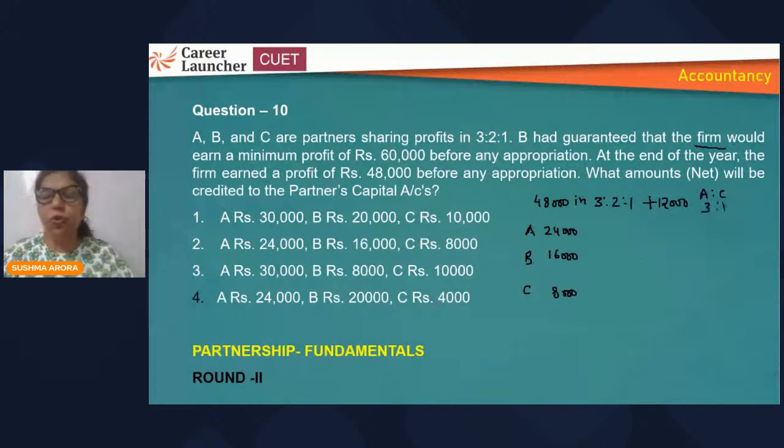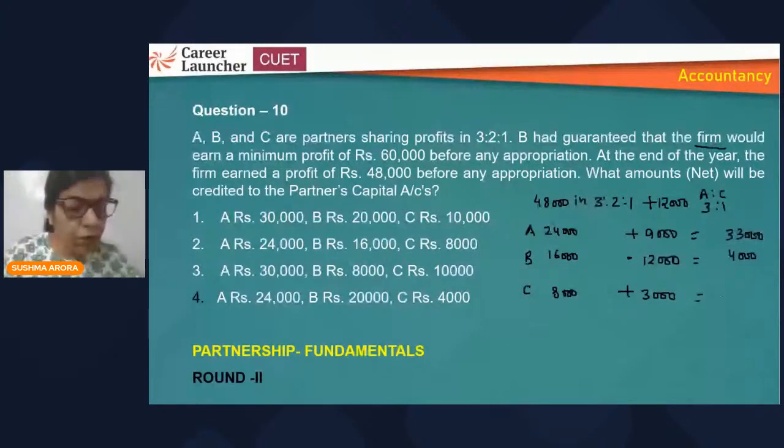So 12,000 will be distributed to A and C in 3:1, not to B, because B has given the guarantee. So 9,000 he will get, and 12,000 will be subtracted from his share, and 3,000 will be added to his share. Because B has given the guarantee, that's why I reduce the profit by 12,000. Now C, that will be 33,000 to A. Now you can see 11,000 to C. So our answer will be